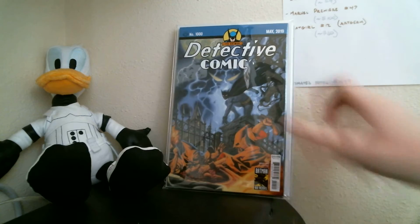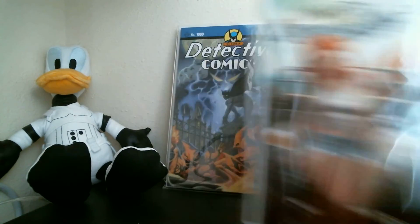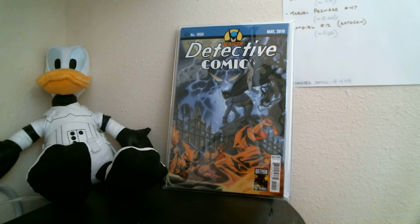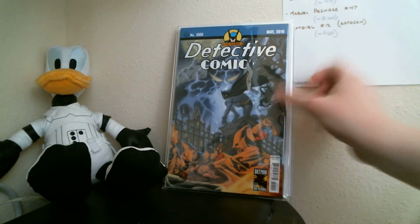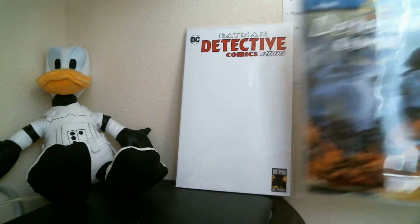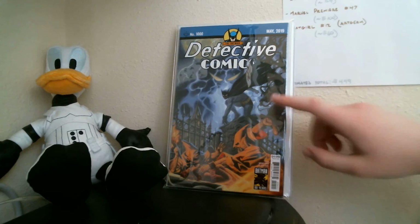Everyone, including me, as you can tell by this, likes covers of beautiful women on them. So I understand why, that they sell. People like getting really good-looking Harleys and Ivies and Catwomans on there. But at the same time, I felt like not enough of the covers featured Batman. But these are the open edition or whatever you call them, covers that all the stores got. So this is the